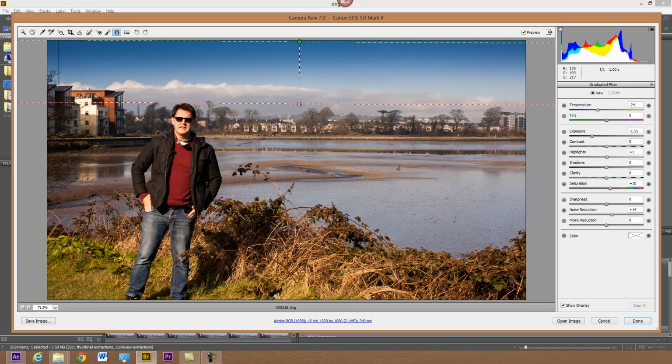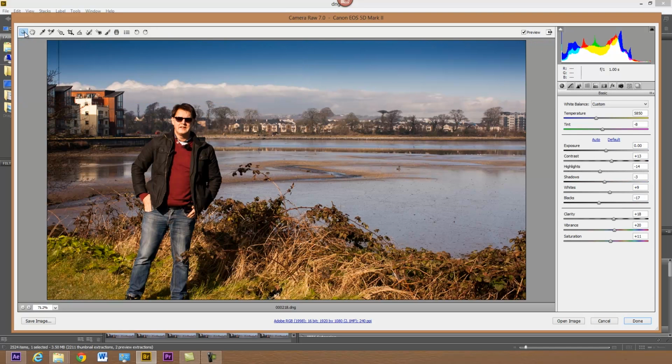apply basically a grad filter to it, and you can see there you get this screen come up, and you can knock down the exposure more. I don't want to do any more than that, just to give it a bit more interest. So it can, if you've got a very blown out sky, you can use that, I think, to actually bring it down a little bit and still keep the exposure correct in the rest of the shot. So those are some of the, I'll come out of that now. I want to go back to the